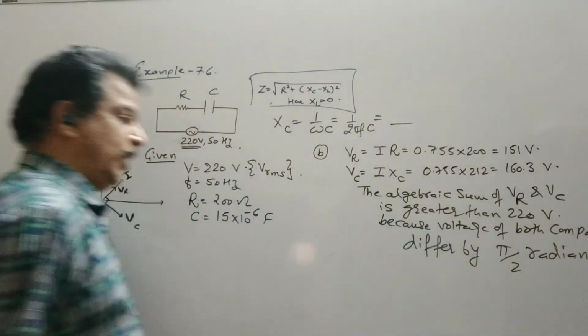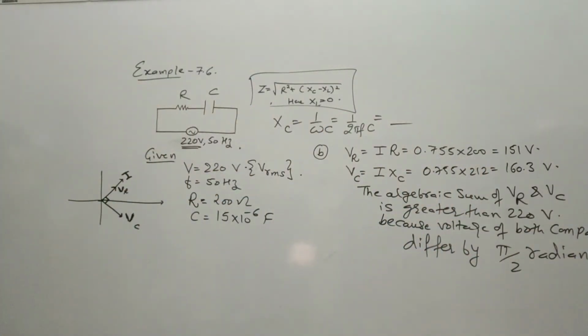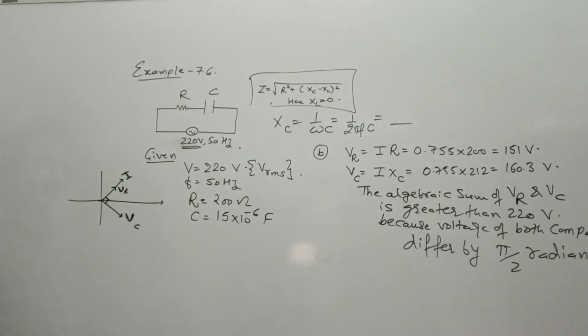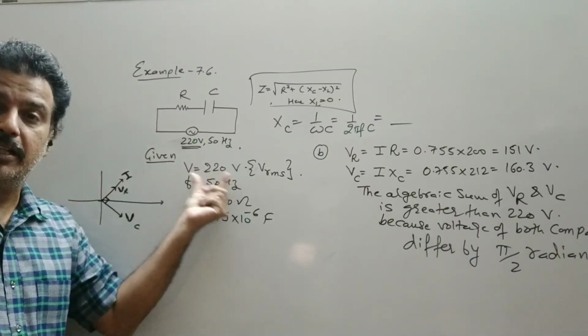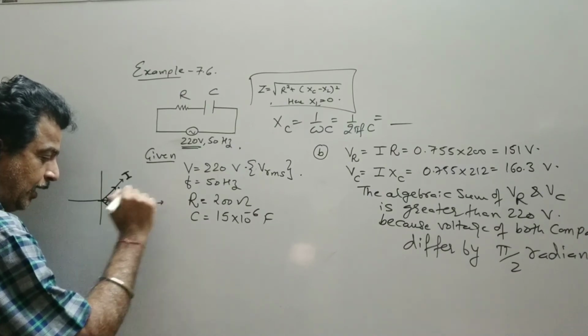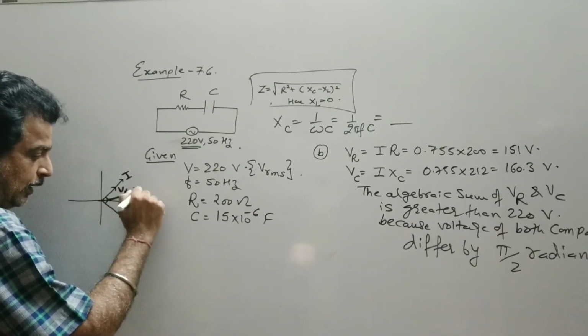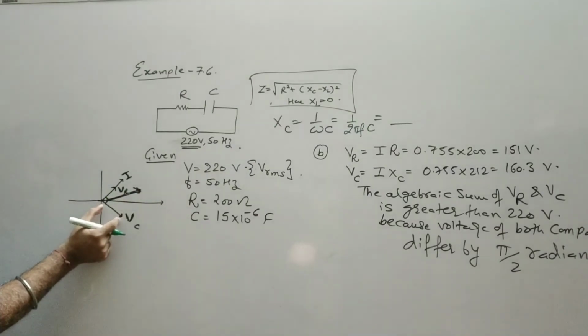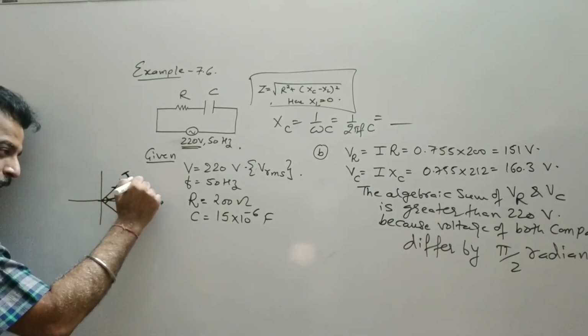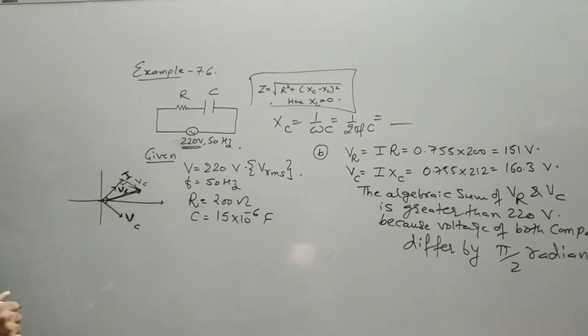So if you have to draw a diagram, clearly VR and VC have a phase difference of 90 degree. Now where will be this resultant? Where will be this resultant V? So this resultant V should be somewhere at this point. So I pick up this vector and put it here. Again it becomes a right angle triangle, and we